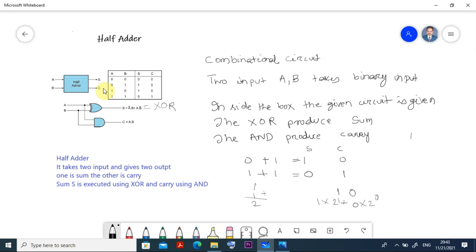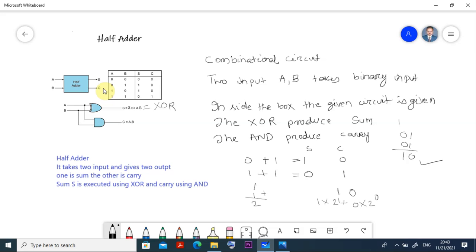1 means it is 0 1, here also 1 means 0 1, and when you add 1 plus 1, it is 0 and carry 1, and this carry 1 plus 0 is equal to 1, so it becomes 1 0, right? You got it now? So if you are following all the things, the entire thing is done based on that. Now this is the half adder, and you can see clearly.